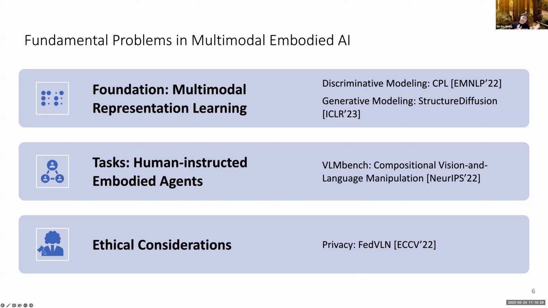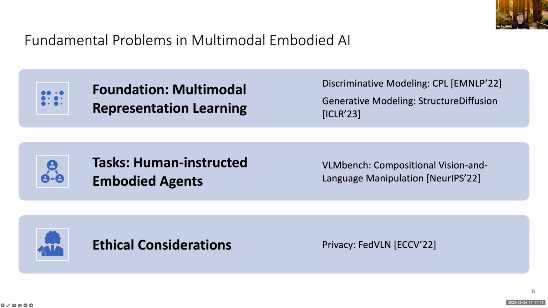To bring that into reality, there are some fundamental problems to solve. Today I would like to talk about three fundamental problems in multimodal embodied AI. First, multimodal representation learning is really the foundation: how to learn a powerful representation model from the data of multiple modalities, to understand both visual information and language information, as well as some other information, right? And then we will talk about the development of embodied AI tasks, and more specifically,